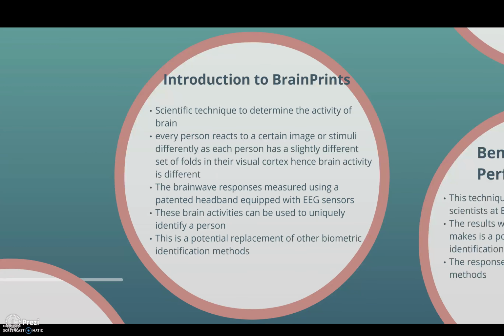Since human brains are unique in their structure and processing, each individual reacts differently to stimuli. The stimuli in this case can be an image. By showing different images to the subject, activity is recorded with the help of an EEG receptor. This recorded activity is unique for every person, hence it can be a potential replacement of other biometric identification methods. To see why it can replace other methods,